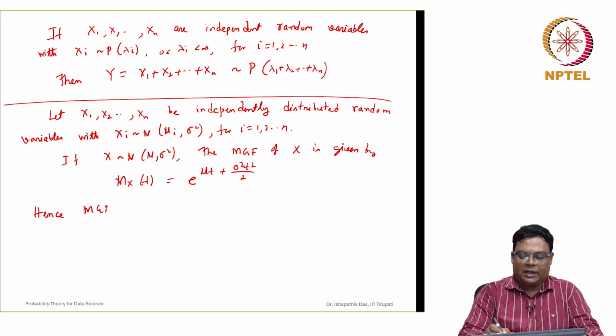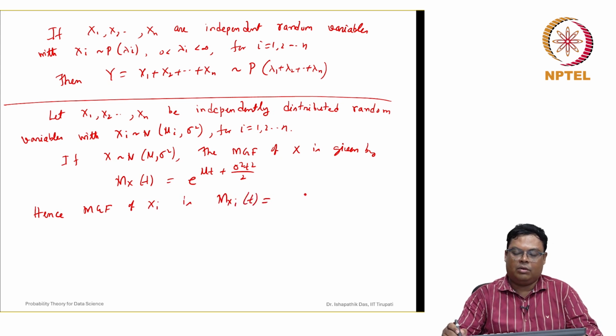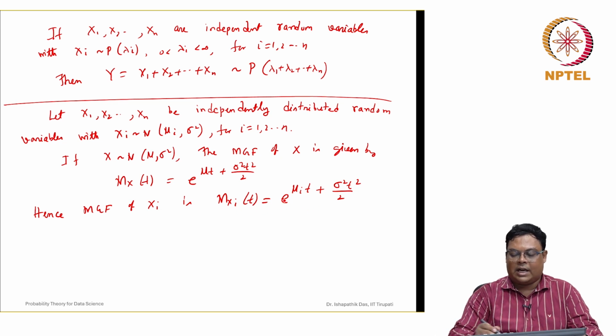The moment generating function of Xi is MXi(t). This is equal to e to the power of mu i t plus sigma square t square by 2. Here only mu i is changed, and sigma is the same for all i. So this is the moment generating function of Xi. Now we use this result, then